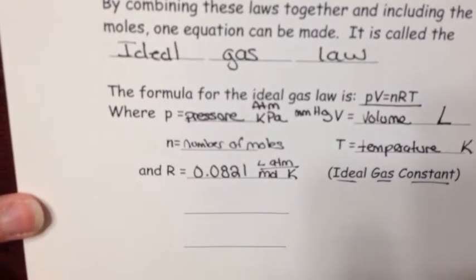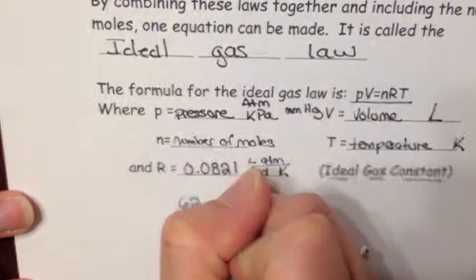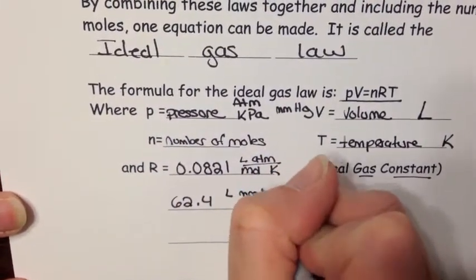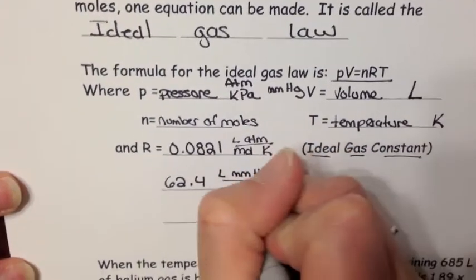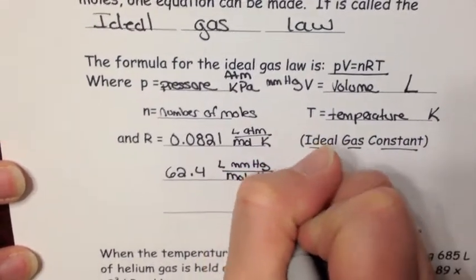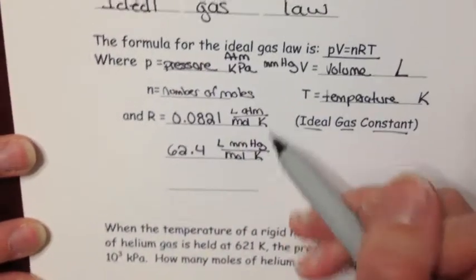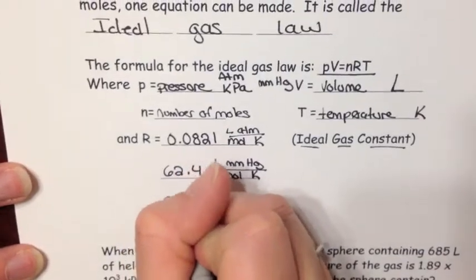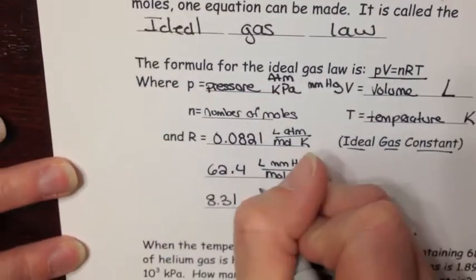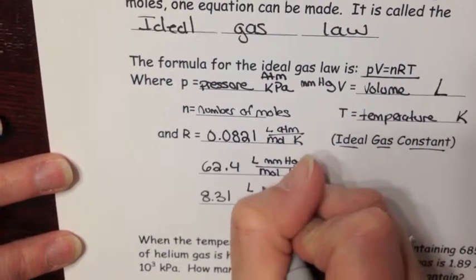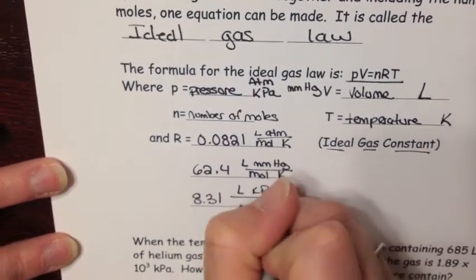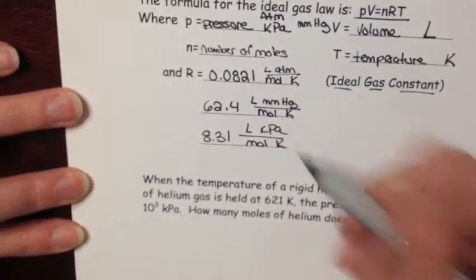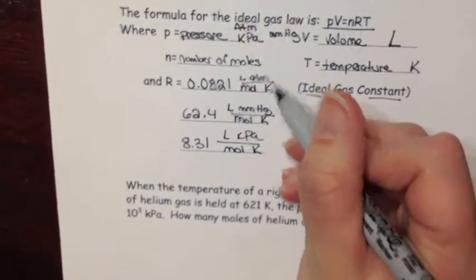The second one I'm going to give you is 62.4, and this is going to be liter millimeters of mercury per mole Kelvin. As you've noticed, the only thing that's changed is my unit of pressure. The third one will be 8.31, and this will be liter kilopascals per mole Kelvin. Again, the only thing I'm changing is the unit of pressure,